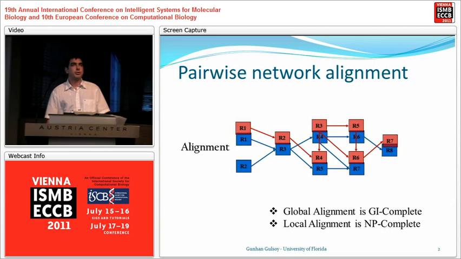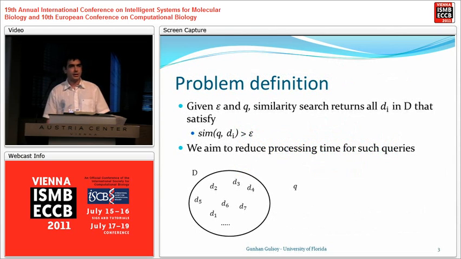To give you an example, we tried to align a 50-node gene regulatory network with a 7-node gene regulatory network using a dynamic programming alignment method, QNet, and for a single pair of networks, it took over 10 minutes to complete the alignment. And this being the problem with pairwise network alignment, for our problem, it really adds up